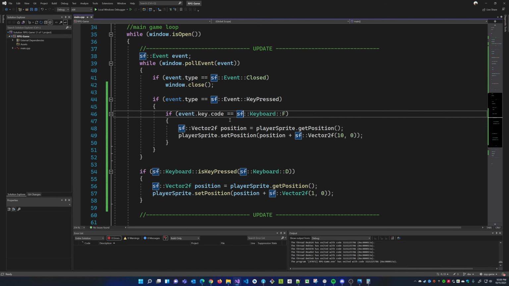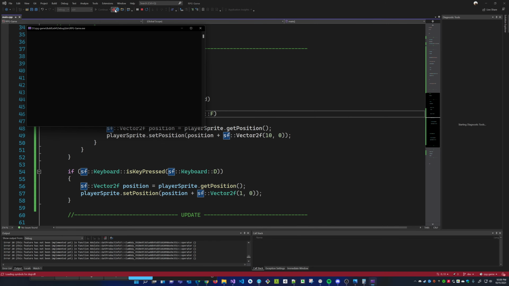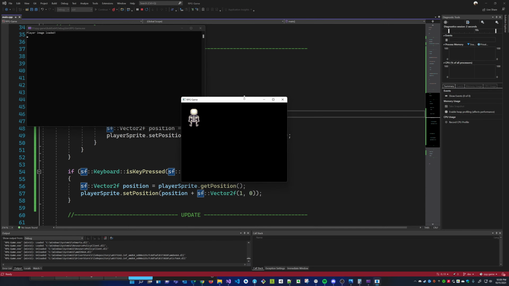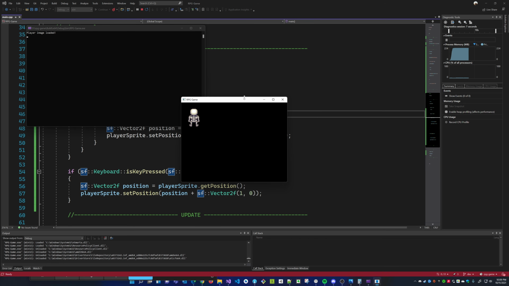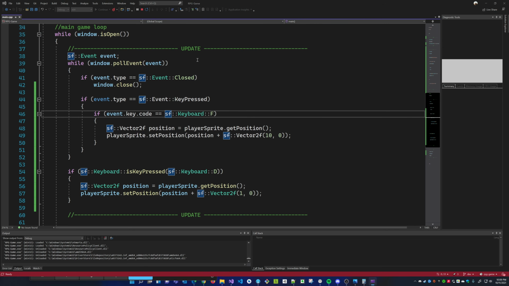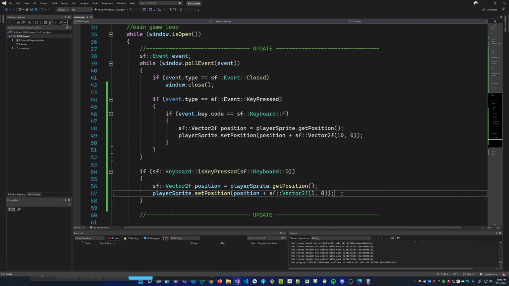I don't know how to check the frame rate for my application. Before, if I wanted to check the frame rate, I would use something called Fraps. Do I have Fraps here? No, it's a dead application. I know there's a newer application where you can do it, but I don't remember it. It doesn't matter anyway. Later in the future, we're going to display the game frame rate in the game itself. But I bet you anything that my frame rate is at 2000 frames, so it's running as fast as possible.